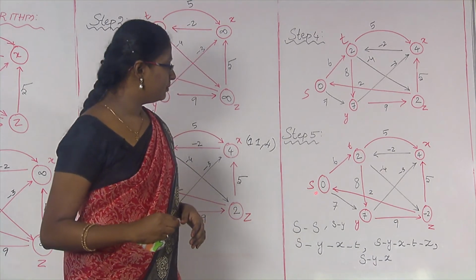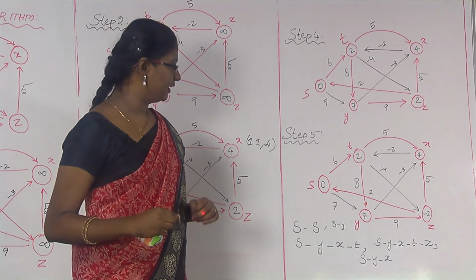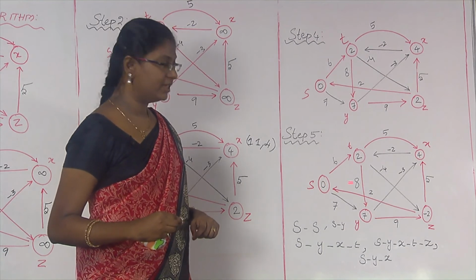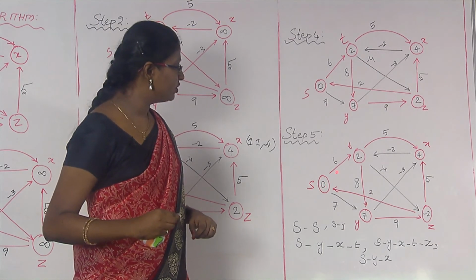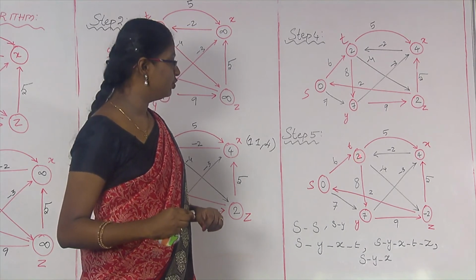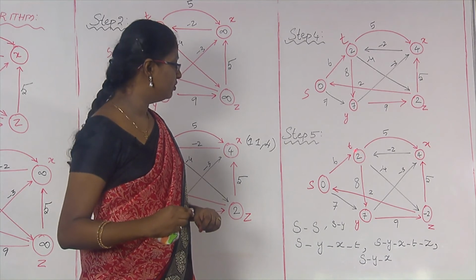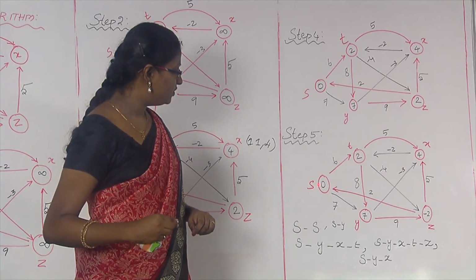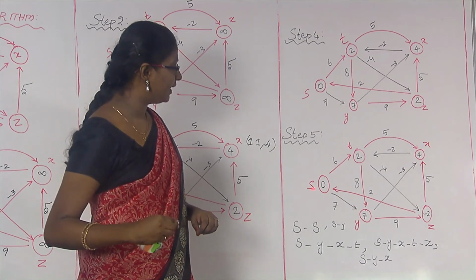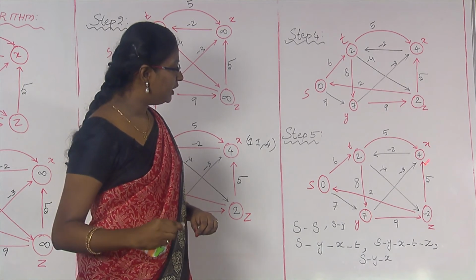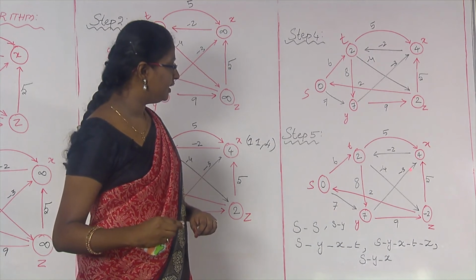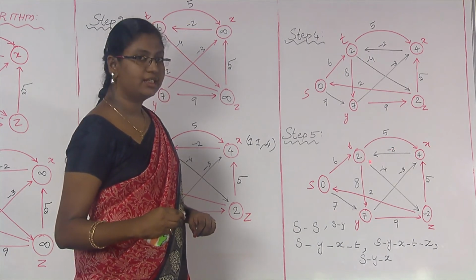Okay, so, here my S is the source vertex or the starting vertex. From S to S, the distance is 0. You can see from S to S there is no loop, the distance is 0. And consider from S to T, this step 5 says the shortest distance is 2. We will write the path now from S to Y and Y to X and X to T. If you add the weights, that is 7 minus 3 minus 2, that will give me 2. Again the shortest distance is 2.